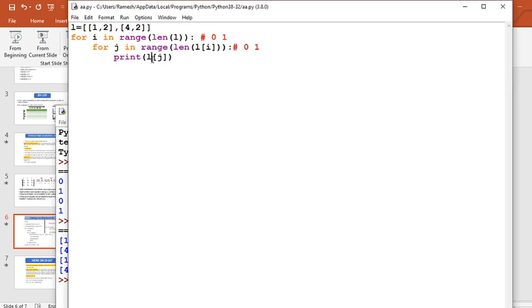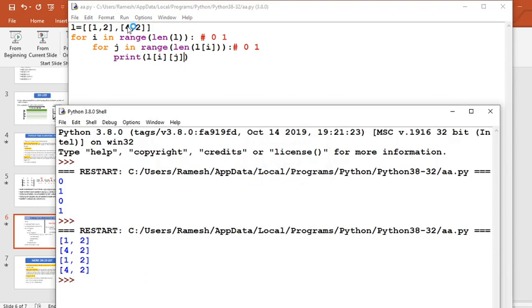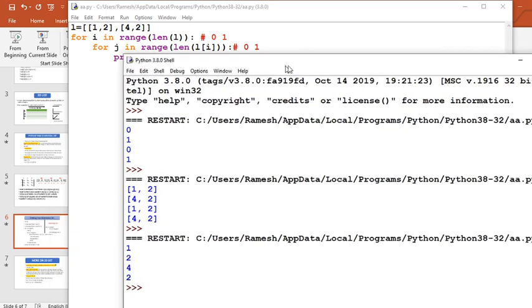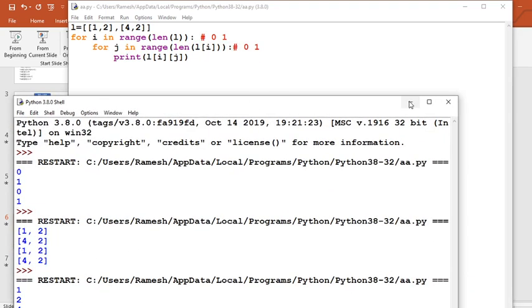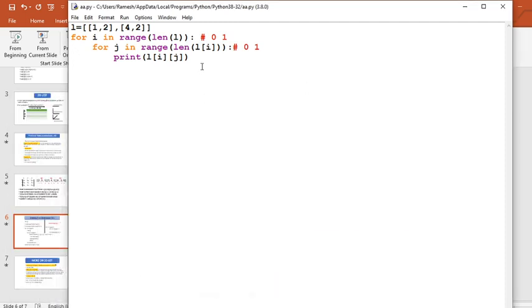So if you want to print individual elements, then we will write here L of I J. Now we will run that and you will see that each and every element will be printed one by one: 1 2 and 4 2. And this is how we can control our 2D list.